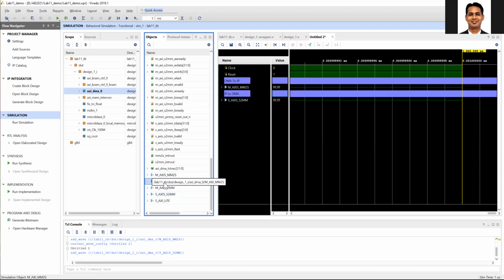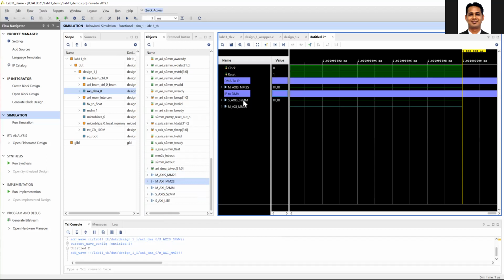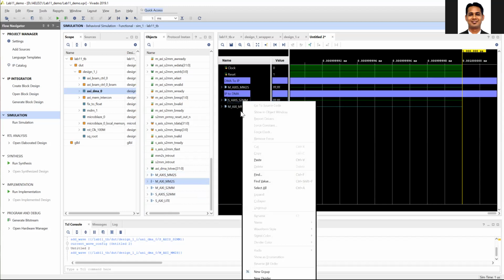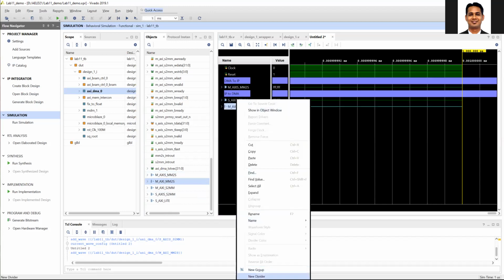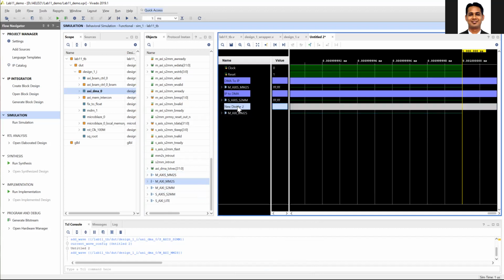So this is you are reading from the block RAM and sending it to the DMA. So this is from block RAM to DMA.